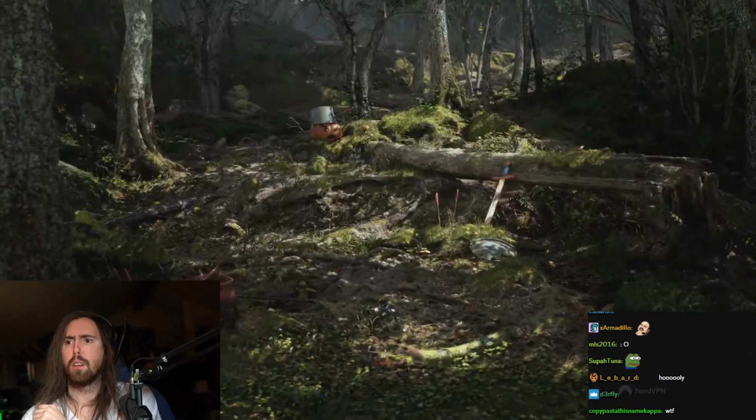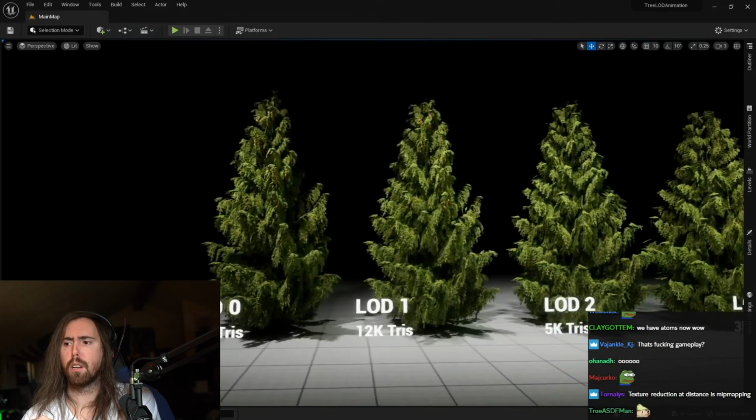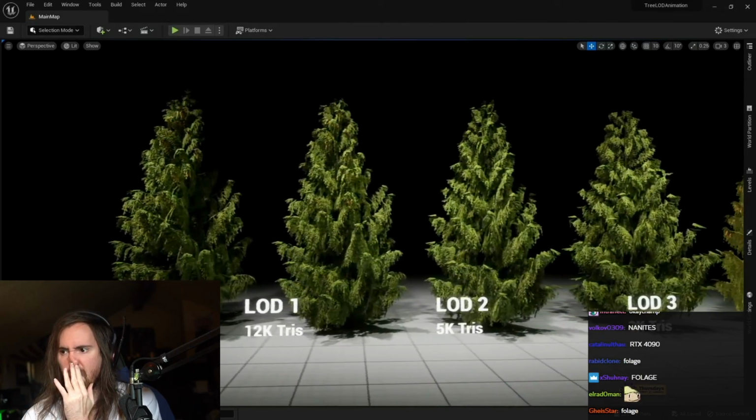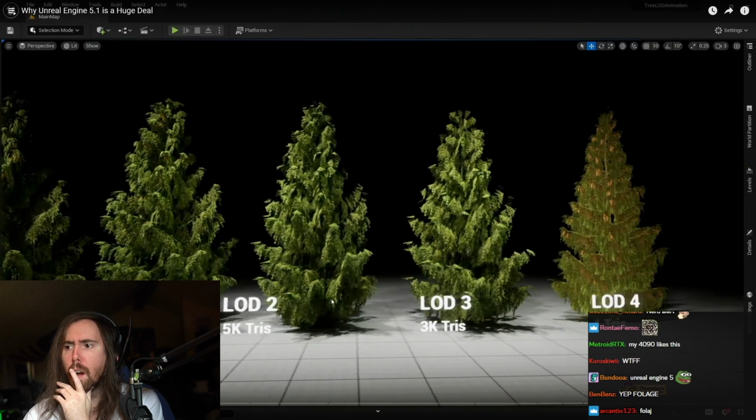The biggest issue with nanite is that it did not work with foliage. This means we still have to rely on level of detail for foliage like shrubs, grass, and trees. Trees generally use billboards as the lowest level of detail, which is just